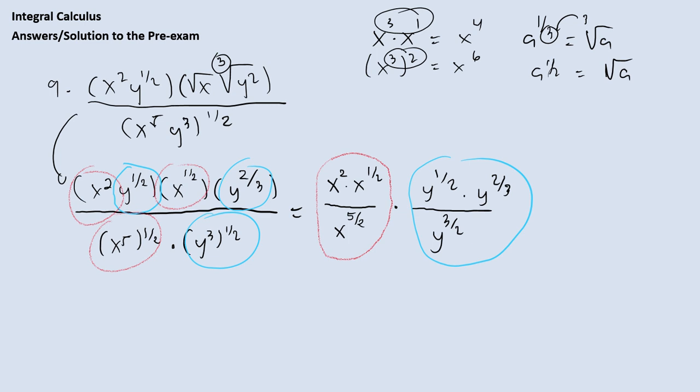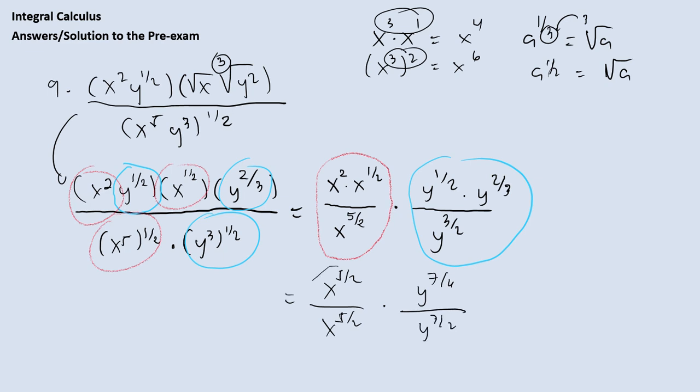Wait lang. Here's yung calculator ko. Okay. So, 2 plus 1/2. So, we have 5/2. So, this becomes x 5/2 over x 5/2. Okay. We have this one. So, we have 1/2 plus 2/3. So, we have 7/6. We have y over 7/6. We have over